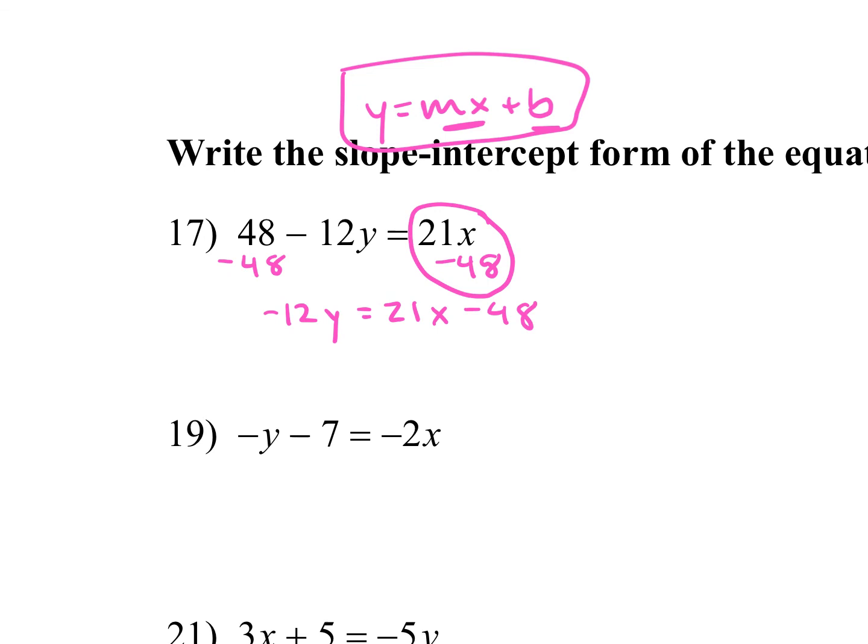And then what should I do next? Awesome. I want to get the y all by itself. Since negative 12 is being multiplied to y, I do the opposite and divide everything by negative 12. So this cancels, and I have y is equal to,